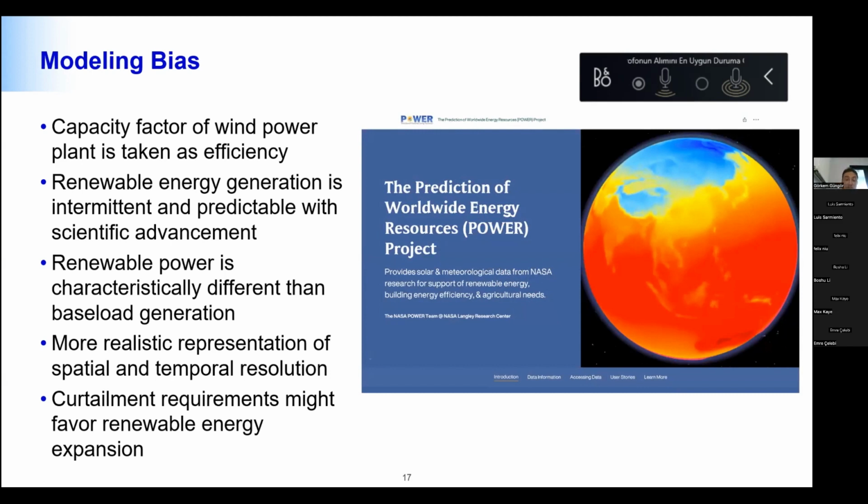But scientific advancements help us a lot to solve this issue. We can use more prediction of renewable energy resources, where we can predict, based on climate and hydrometeorological data, the availability of solar power, wind power, hydropower with higher efficiency. So instead of defining a capacity factor, if we define